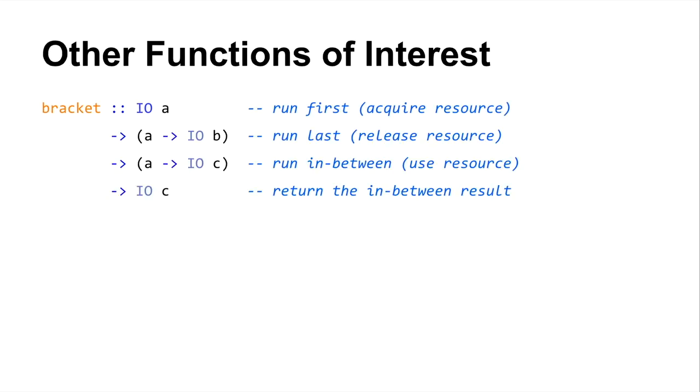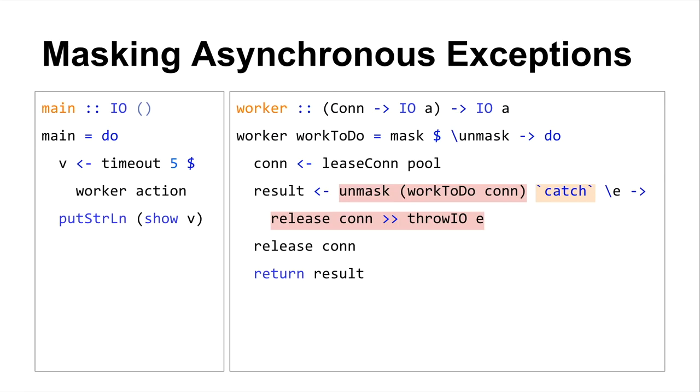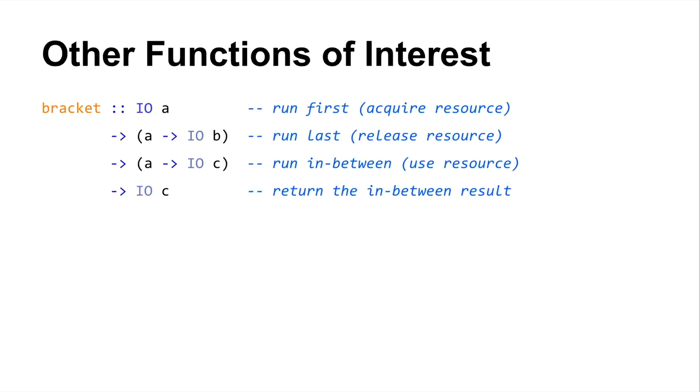So this is a little extreme. I have talked to some people in this room who write a bit of Haskell, and I've been told that folks will oftentimes use the bracket function, which abstracts over what you're seeing in that earlier example. As I mentioned before, Control.Exception exports a bunch of functions that build on some of these lower level functions. Bracket, as you can see, you give it an IO computation, which would be like lease my connection from